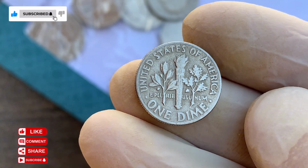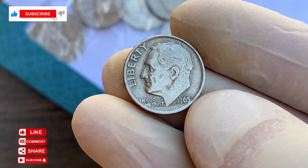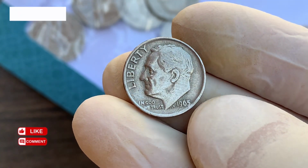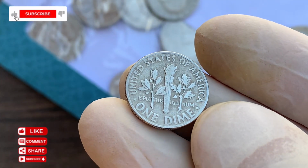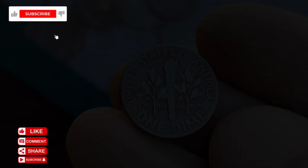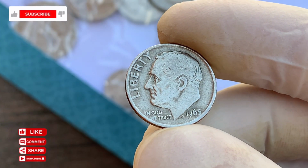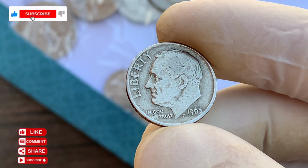The mid-1960s were marked by change and challenge, and the coins minted during this period reflect both the country's resilience and its enduring commitment to quality. The 1965 dime, in particular, emerged at a time when the U.S. Mint was refining its production techniques to balance efficiency with tradition, resulting in coins that continue to capture the imagination